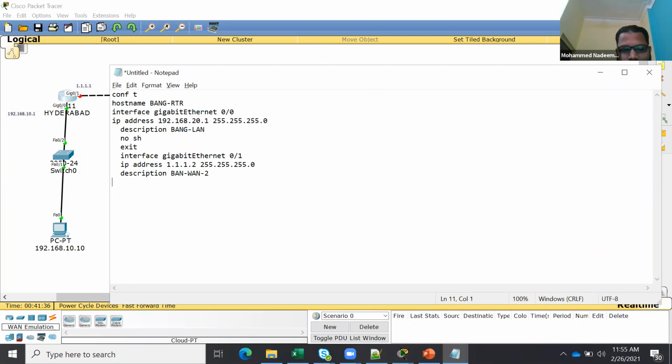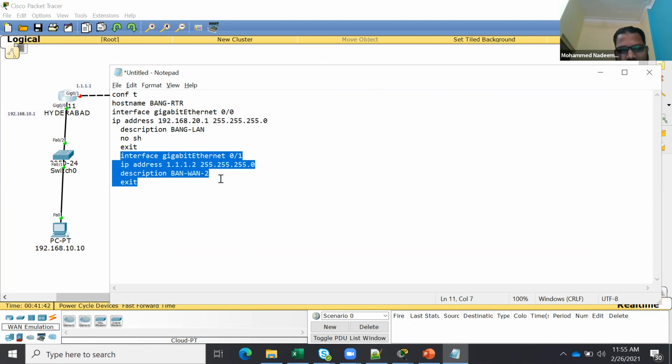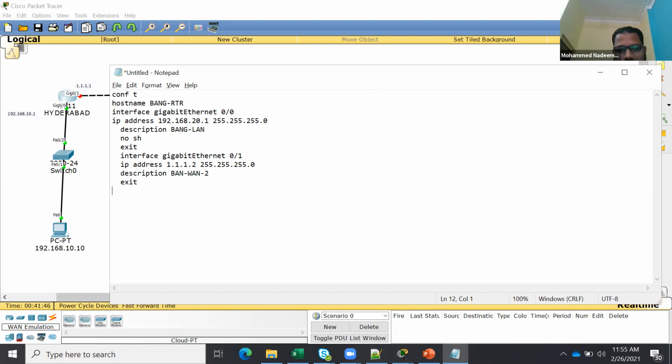Just say exit, and now I'm going to copy this as it is, then put it here. Then it will be my 0/2, and the IP address here will be 2.2.2.1, and it will be my WAN 2. The previous one is WAN 1, exit, and finally I will do the end. That's it.